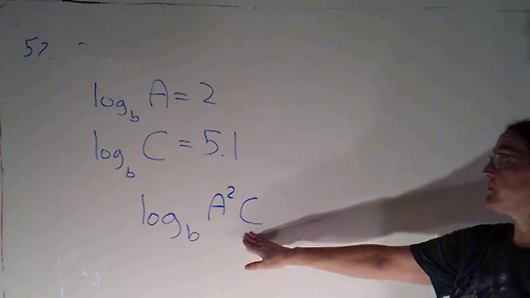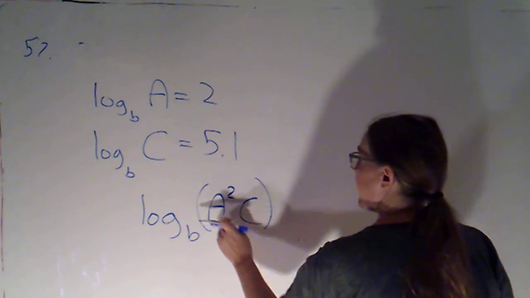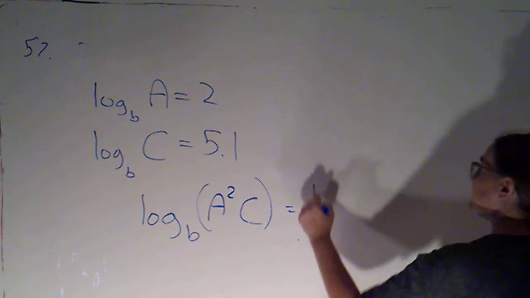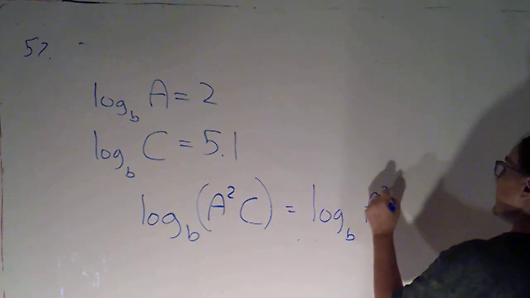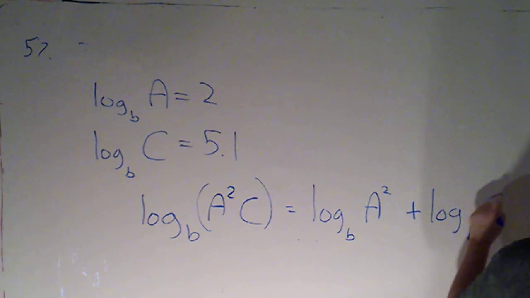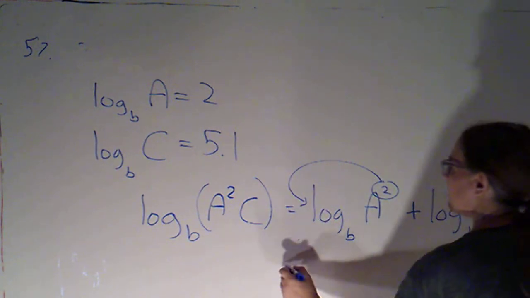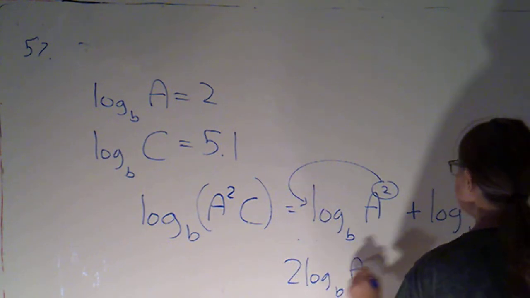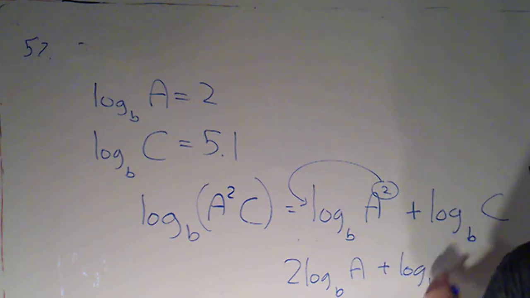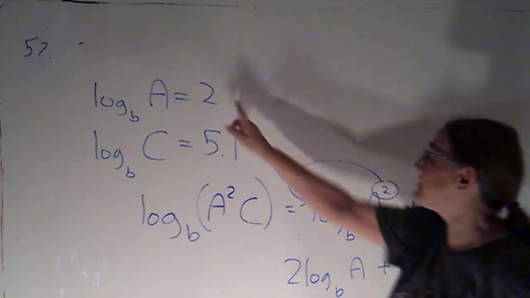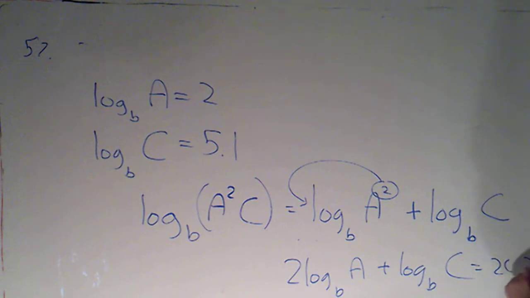Well, I can use my rules of logs, okay? Because I can say, hey, that's just multiplication, so I can break that up into a sum of logs. So this would be the log base b of a squared plus the log base b of c. Now I can use my power rule here. So I would have 2 log base b of A plus the log base b of C. And then I can use the fact that I was given those 2 values. So the log base b of A was 2, so this is just 2 times 2, plus the log base b of C was 5.1, so that's going to equal